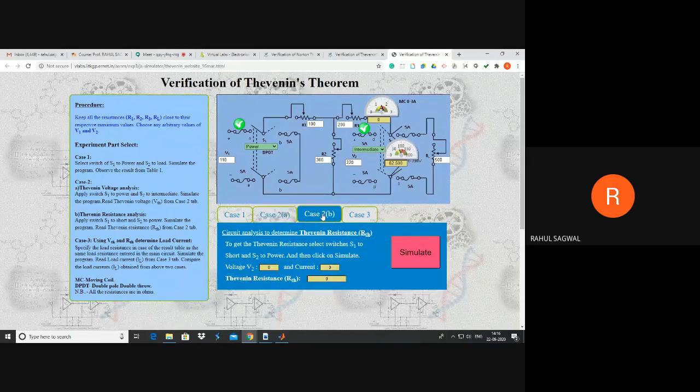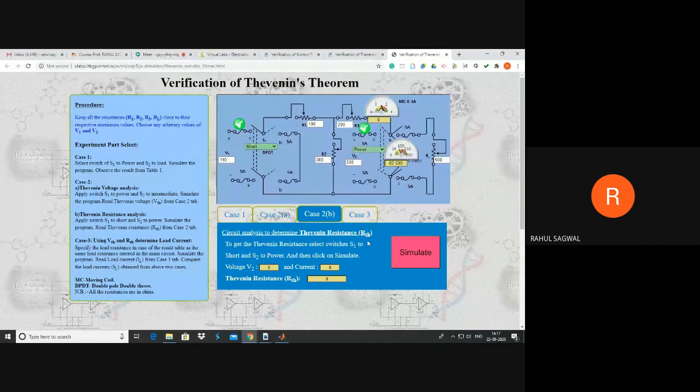Okay. Then in the next case, you calculated RTH. For calculation of RTH, what we did, we short circuited this original voltage source. Next, we connected a power source or voltage source here. You can select any value for this voltage. The reason behind this circuitry is just to calculate this branch current and voltage. Once you know voltage and current for this branch, then you can divide V by I and you can get RTH.